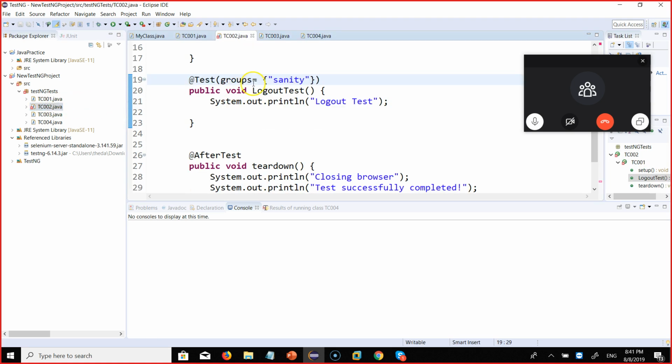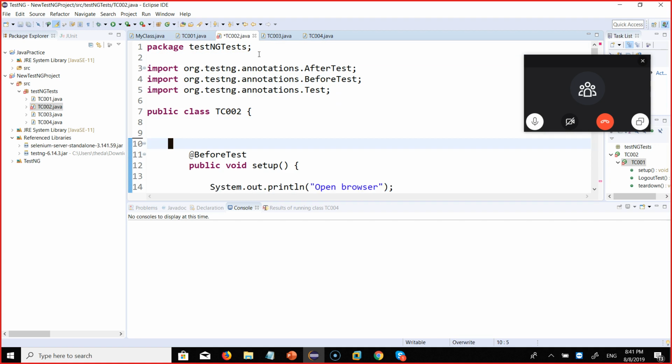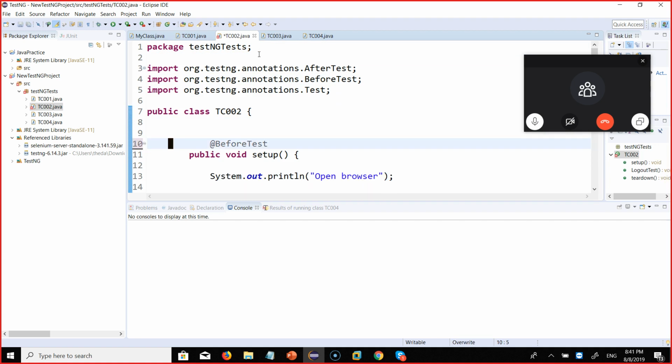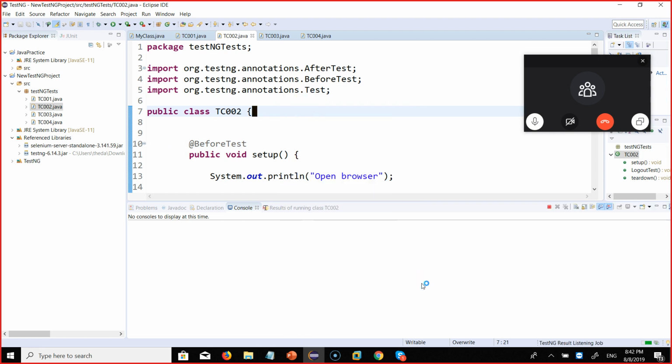Then the same mistake I did here. I copied it and forgot to delete it. Always when you copy, double check whether you copied